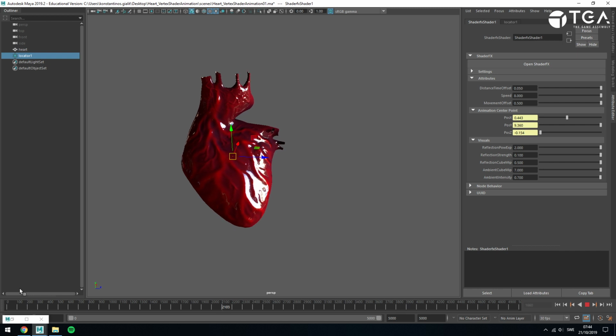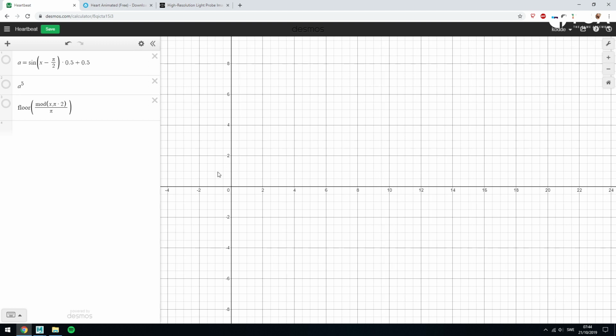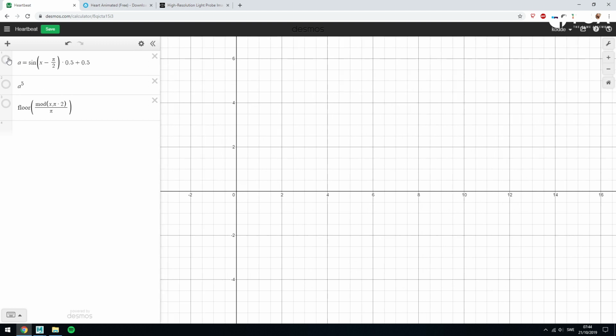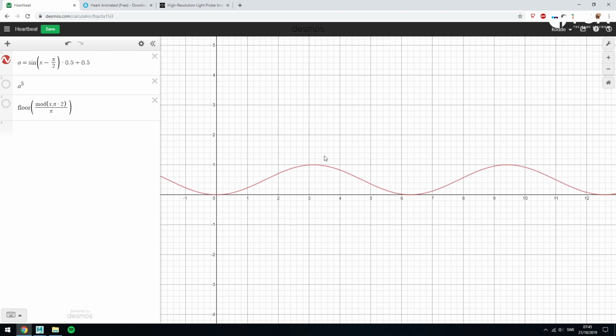All right. So next part we want to look into is, I think, getting that more forceful contraction. And the way you do that is, or at least the way I did, is I used Desmos. I like Desmos or any other calculating software interface that allows you to just play around with inputting values and plotting out the graphs to see the effect of that. So I realized that, okay, in order to get this more forceful, and on the contraction side, the contraction is going to be when it comes from the high point to the low point. And one way when you have a value change where you go from 1 to 0 or 0 to 1,